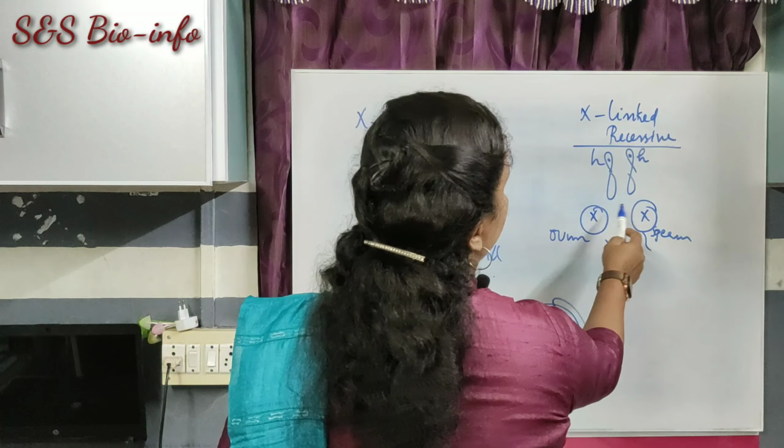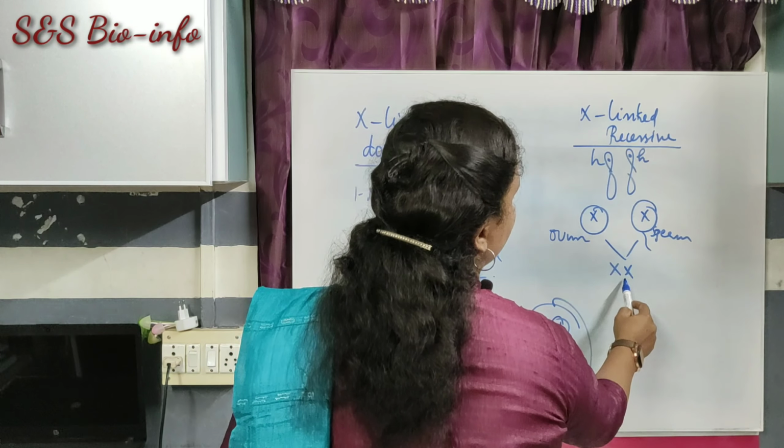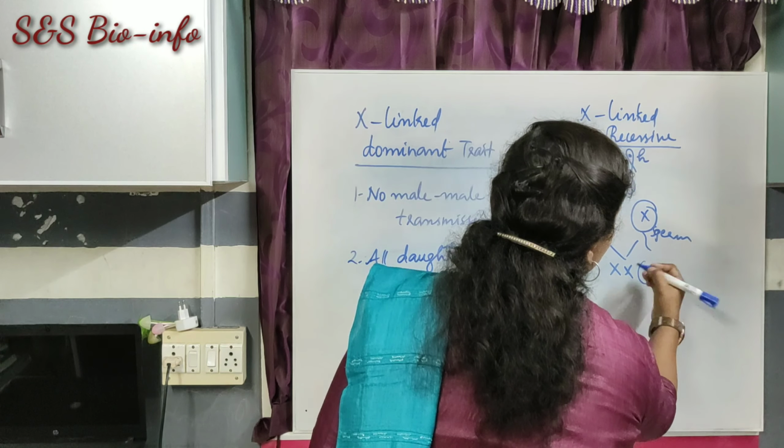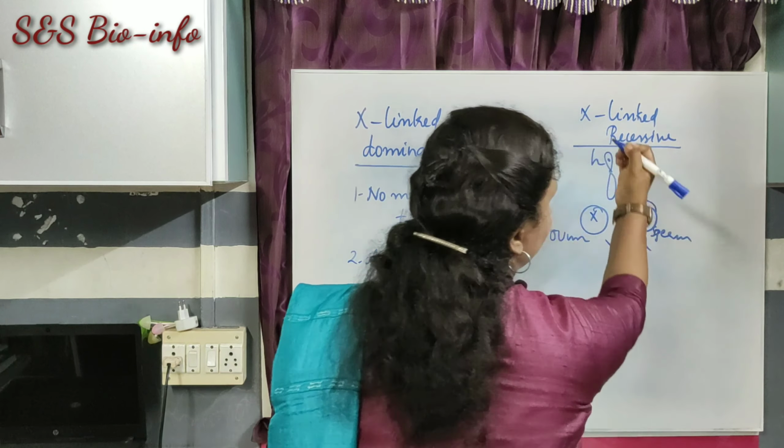Here, if they contribute the recessive allele, the child will have a recessive trait. So the child gets two recessive alleles, then the child is diseased or the child will get a particular